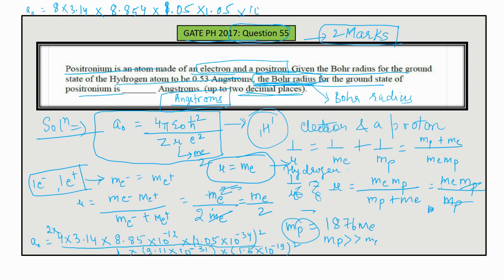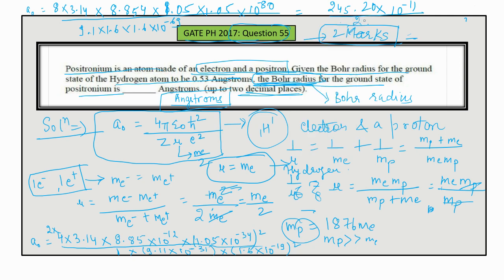This will be 10 raised to the power minus 80 upon 9.1 into 1.6 into 1.6 into 10 raised to the power minus 69. So we have 245.2 into 10 raised to the power minus 11, because 69 will go above, so it will be minus 11,